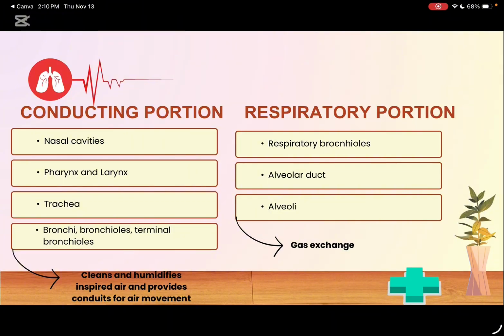Okay, so we have 2 portions to discuss: the conducting portion and the respiratory portion. It's very easy. Basically, the conducting portion has the nasal cavities, the pharynx and larynx, trachea, bronchi, bronchioles, and terminal bronchioles. And what does it function as? It basically just cleans and humidifies air and provides a pathway for air movement. While the respiratory portion consists of only the respiratory bronchioles, alveolar duct, and alveoli,